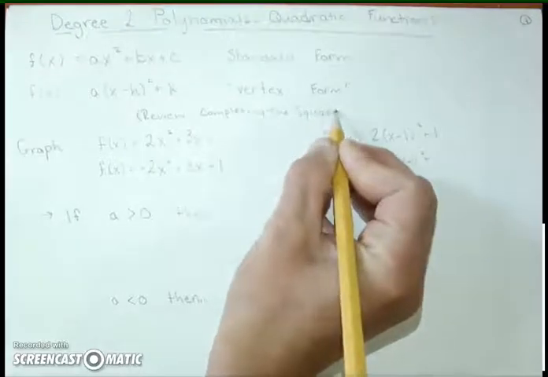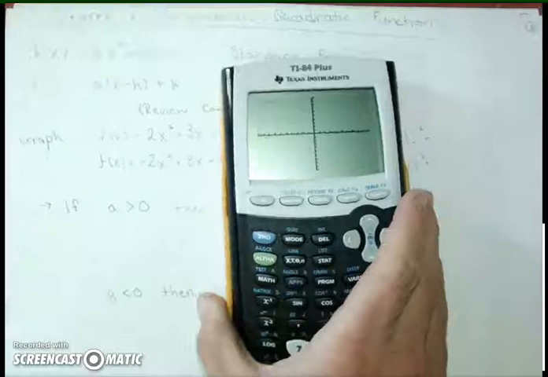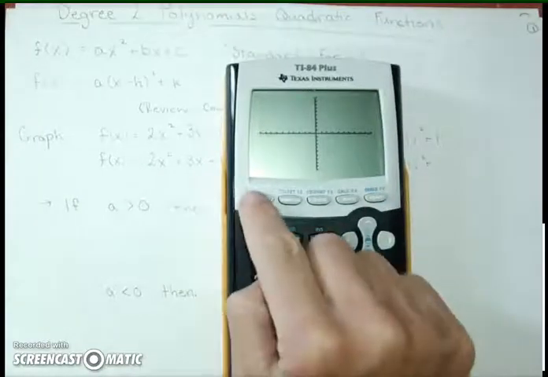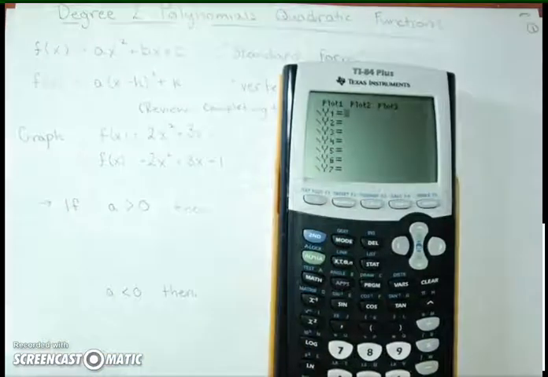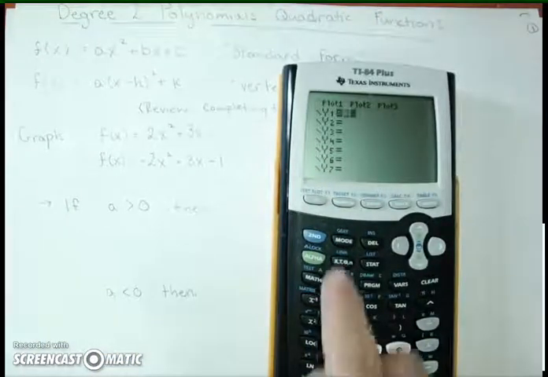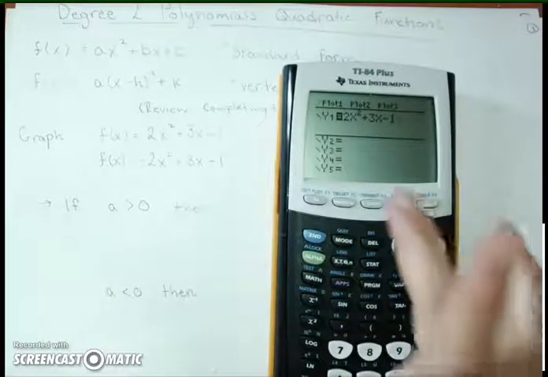Okay, so the first thing I want to do is just make some basic observations about how the graphs of these functions look. So first of all, hopefully you can see this calculator here. I want to graph a couple of different functions. Let's first graph two that are in standard form. If I put in 2x squared plus 3x minus 1 and graph it,